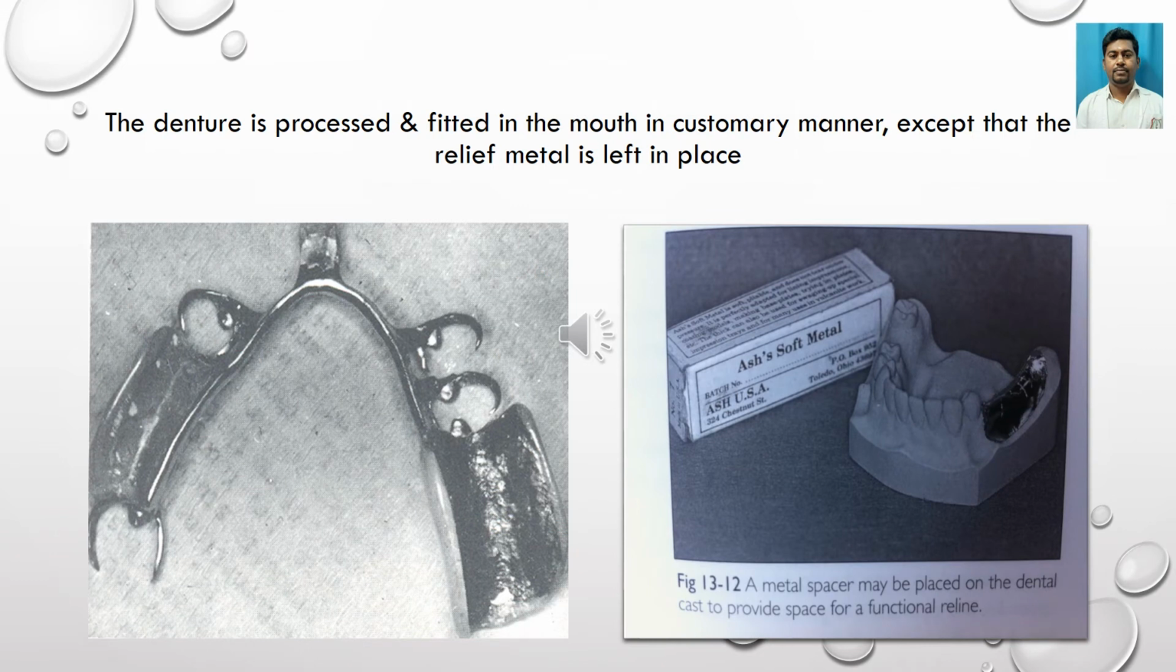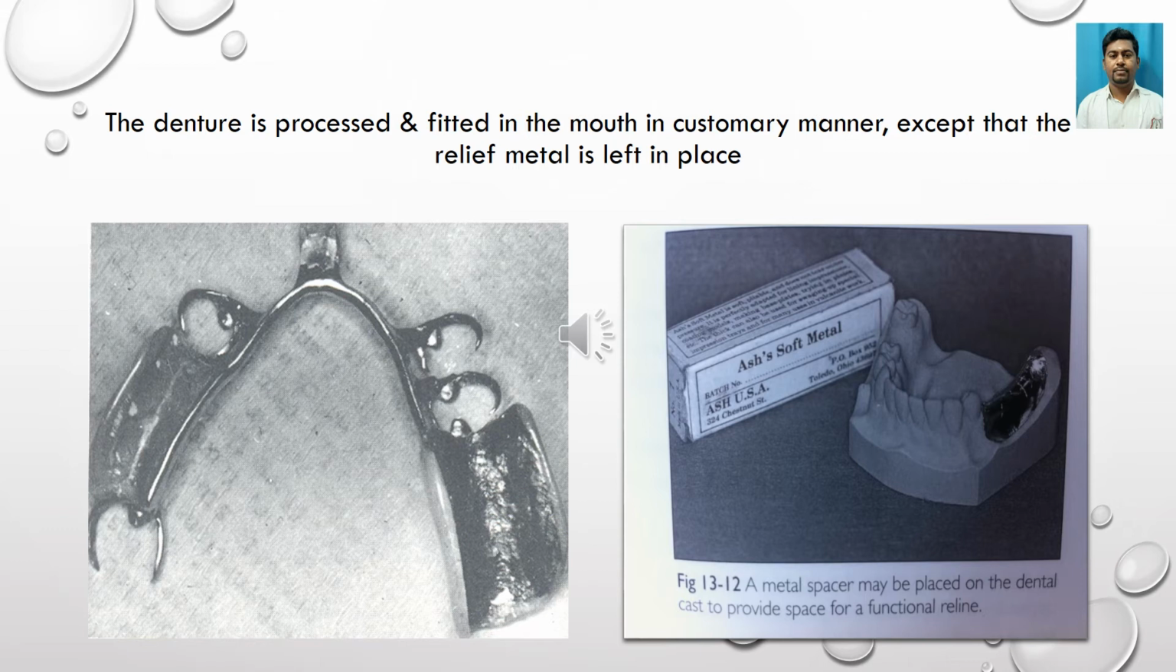To reline the distal extension removable partial denture, there should be enough room for an impression material between the denture base and the residual alveolar ridge. So basically, there should be a space, and this space must be provided. One of the most accurate methods of ensuring uniform space for the impression material is to adapt a soft